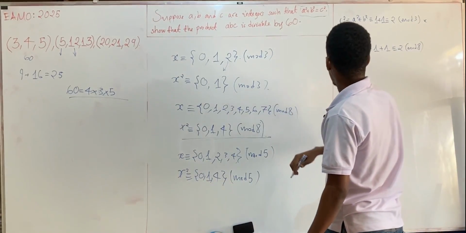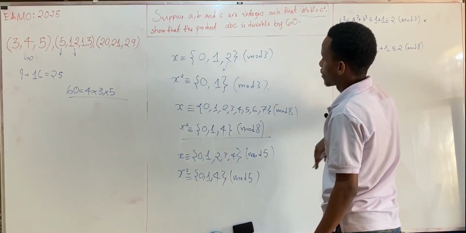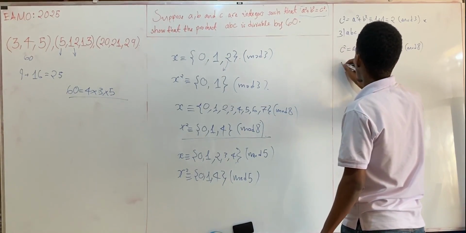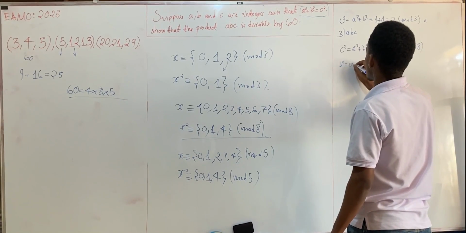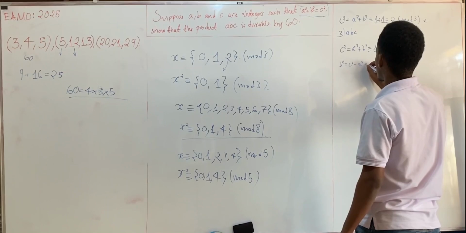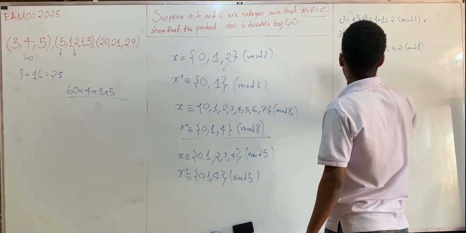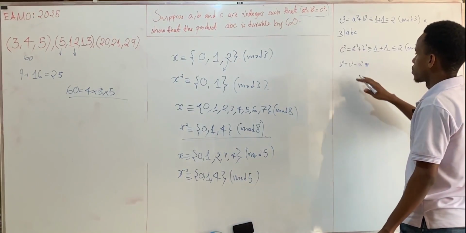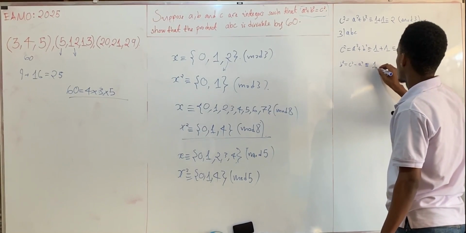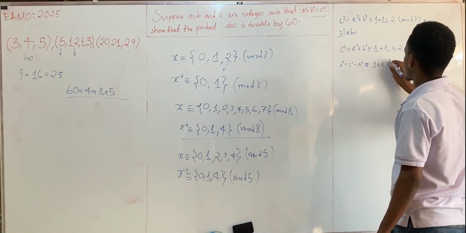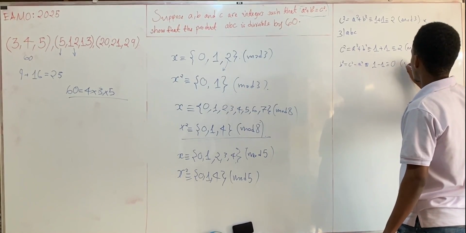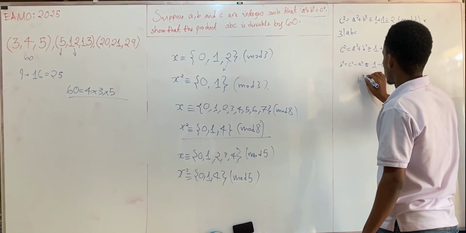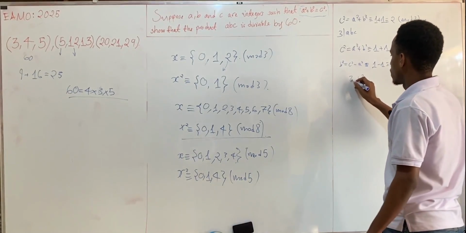Okay, but what if A and C are the ones which are odd and B is even? In that case, we get that B squared is equal to C squared minus A squared, and A squared and C squared are both congruent to 1 because they are both odd. So this is 1 minus 1, which is 0 modulo 8. So B squared is congruent to 0 modulo 8. In other words, 8 has to divide